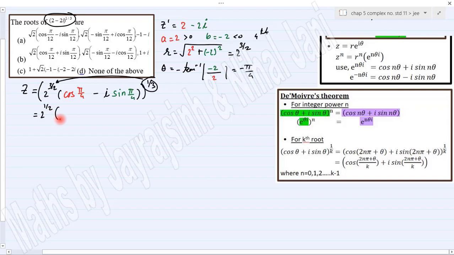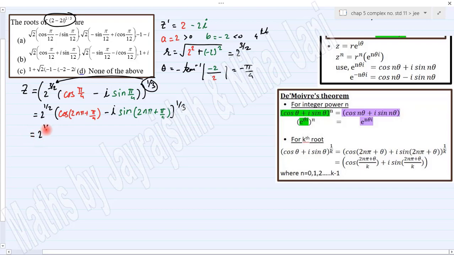And to get the cube root of this cos pi by 4 and minus i sin pi by 4, we have to convert the angle into 2n pi plus pi by 4. Similarly, sin will also become sin of 2n pi plus pi by 4